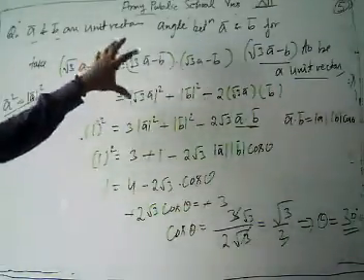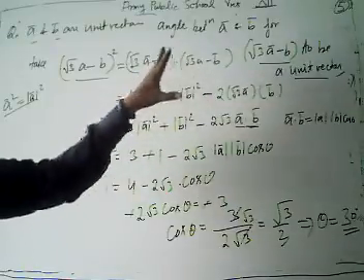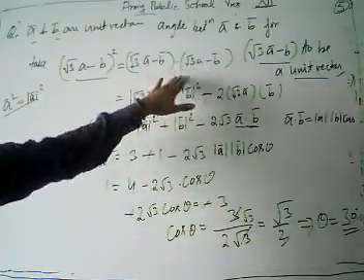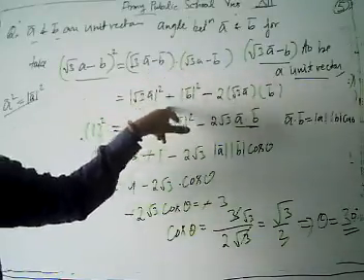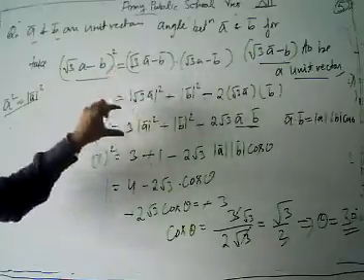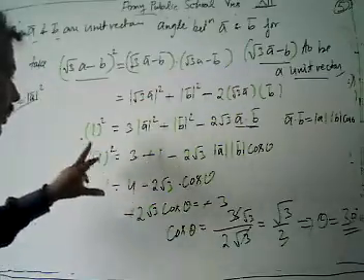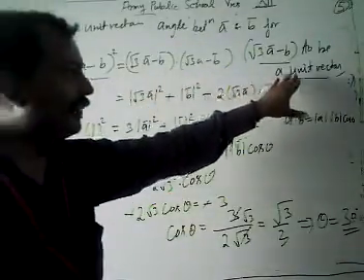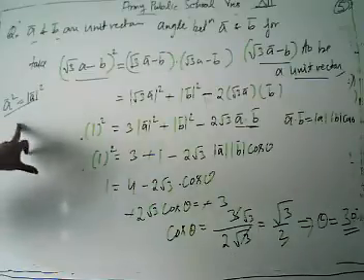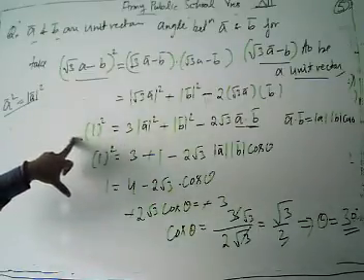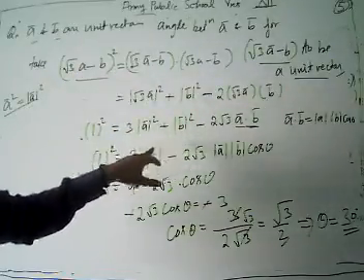We have to take the square of √3A − B, which is given by (√3A − B)·(√3A − B). Taking the dot product, we have (A − B) whole square as A square plus B square minus 2AB. Then it's written as 3|A|² + |B|² − 2√3 A·B. Since this is a unit vector, its value squared is 1. Since A square equals the modulus of A squared, we get 1 squared equal to 3, and A and B are also unit vectors, so put the values 1, 1 here.